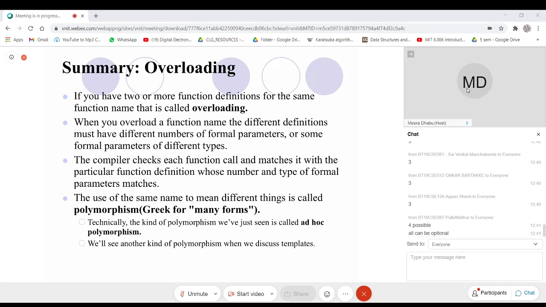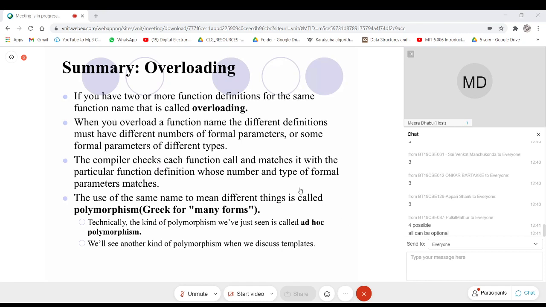Why? Because there is no provision when the compiler was written, because they wanted to make the C++ compiler compatible with C. So this is the restriction while they developed C++.